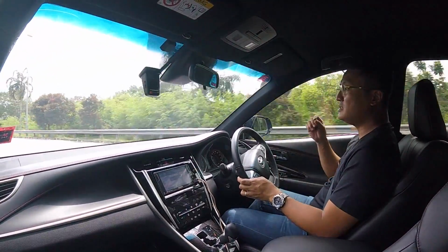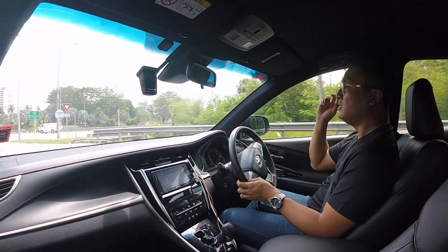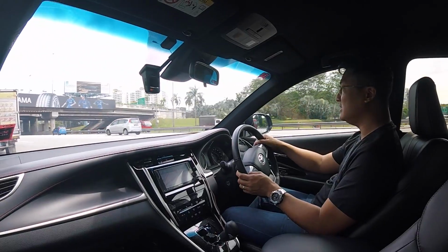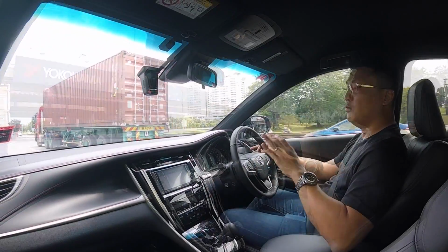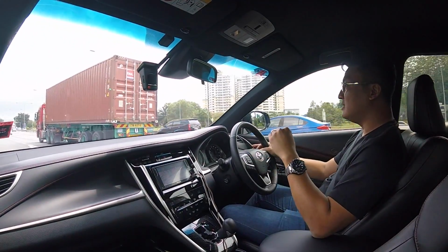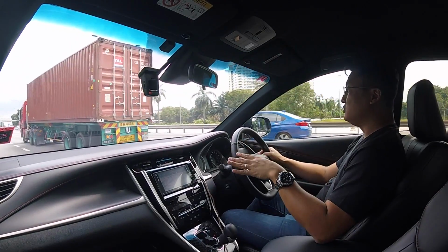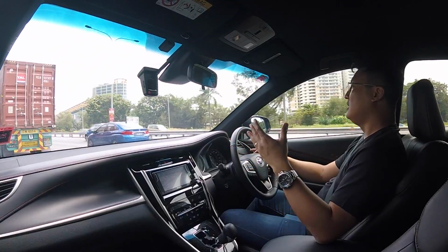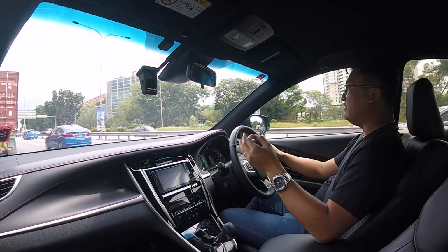Okay, so this with 228 horsepower and 350 Newton meters of torque, this is very, very usable in day-to-day driving. That means you won't find yourself stressing the engine too often. So it has enough power to just move the car comfortably. And in fact, I think